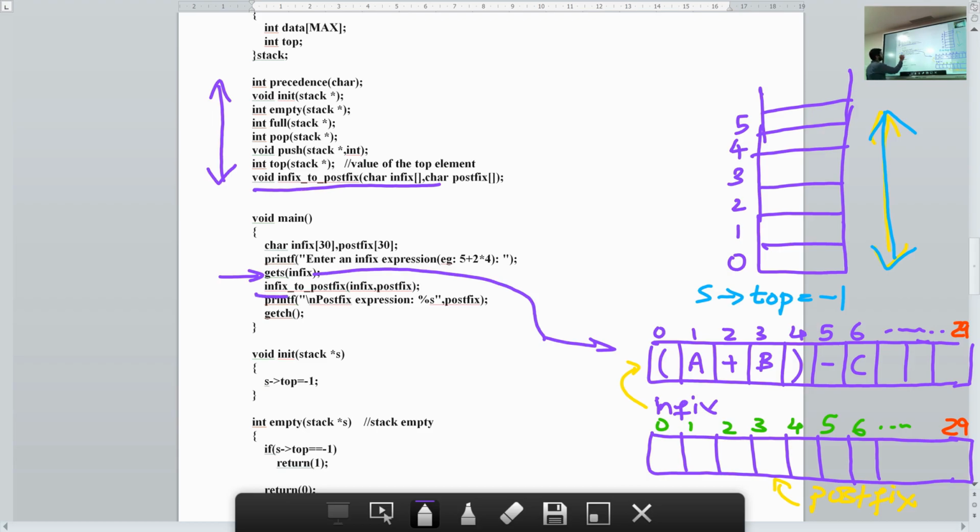We call our infix to postfix function. We pass both these arrays, the infix array and the postfix array, and we go to the function. So let's go to the function and see how the algorithm has been implemented.